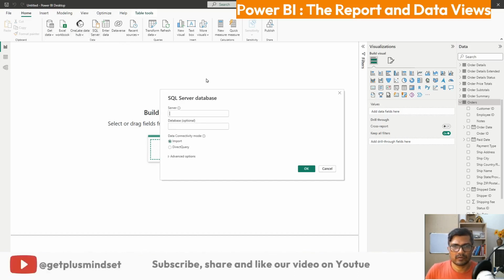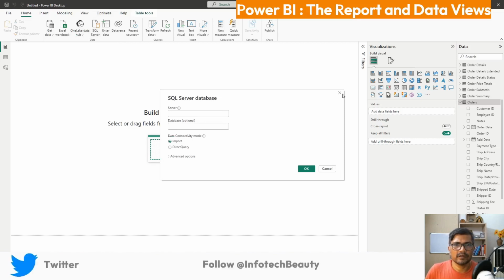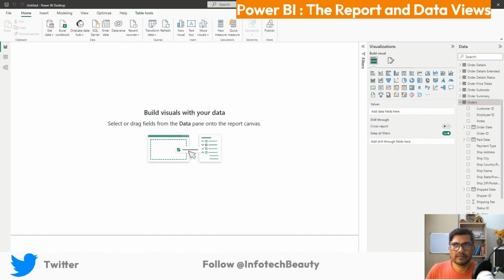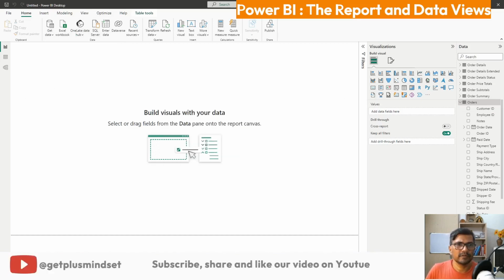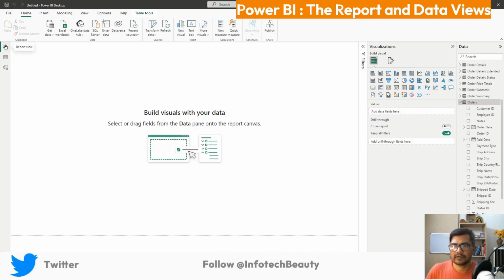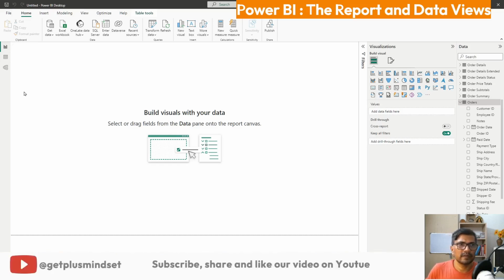And there are options for OneLake data hub, which is a cloud-based data source. There is an option for MySQL and SQL Server database connection. So we are using an MS Access database, and the majority of our focus in this tutorial will be giving you